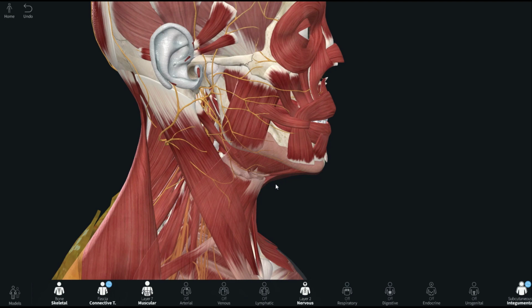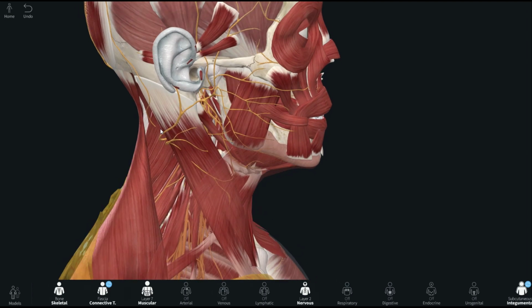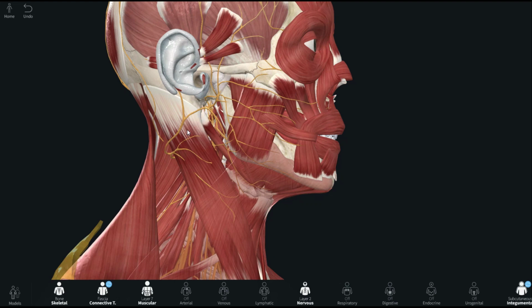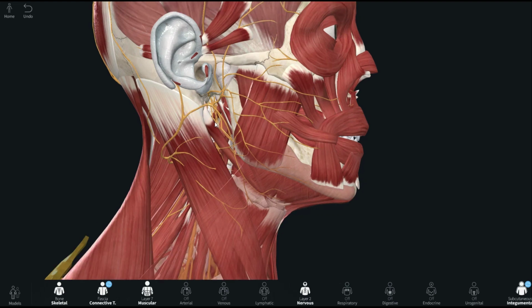Now, before showing you the actual nerves, which I'm going to do right now, I prepared a mnemonic for remembering the names of these 4 nerves. And the mnemonic is a little bit tacky. It's not very catchy as such, which a mnemonic should be, so that you can remember it. But I could not come up with any good mnemonic. However, if you can suggest me otherwise, I'd be more than happy to hear you out. So the mnemonic that I could come up with is, hear me out and don't laugh at this,